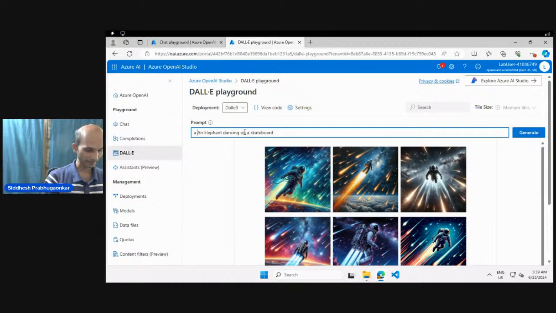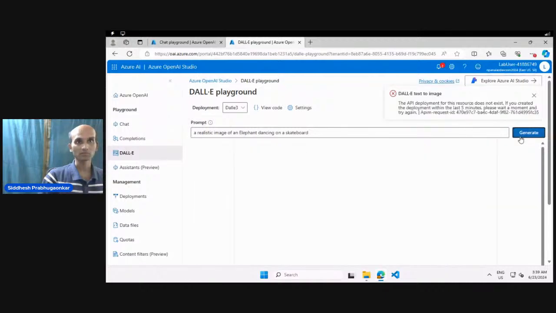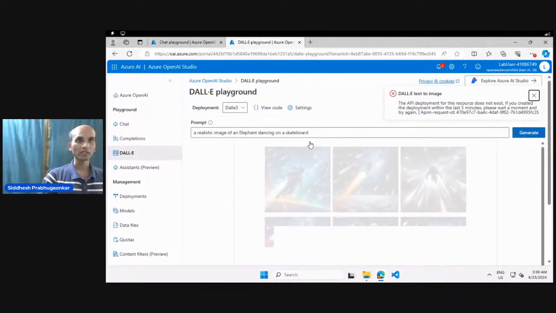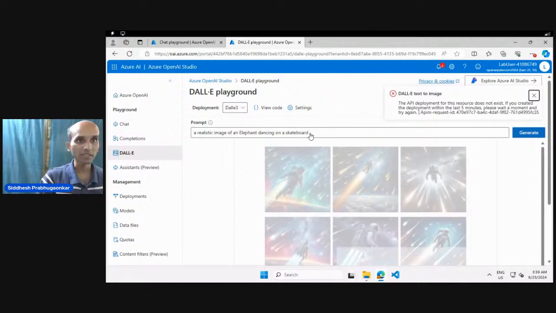Let me also add a realistic image of an elephant dancing on a skateboard. So it depends on what is your imagination, and accordingly, within few seconds or even a minute, you would get